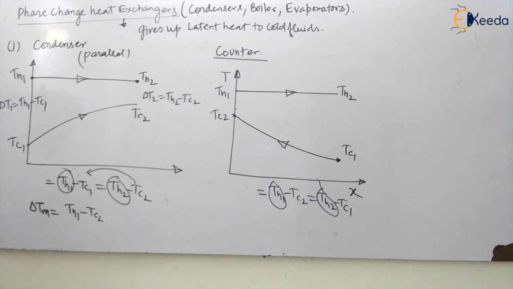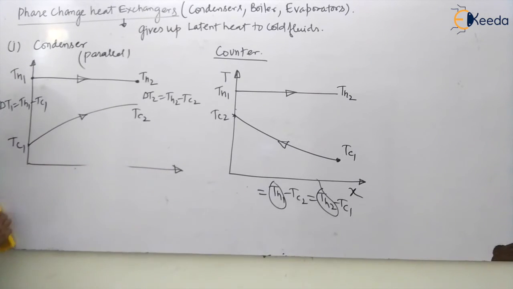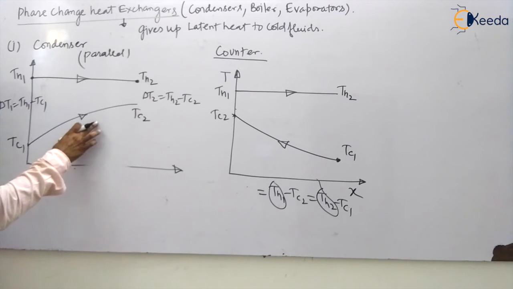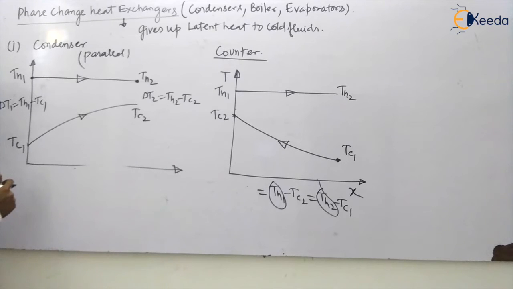So how can we equate them? We cannot equate them until we put in the heat transfer capacities. We have not taken the heat transfer capacities. So this will be equal to what? If you are following the heat transfer capacities, this will be the heat lost by this fluid, but that is latent heat. This is TC1. So, let us see. In this case, my dear students, what will be delta Tm?